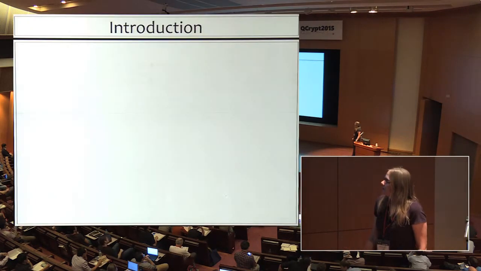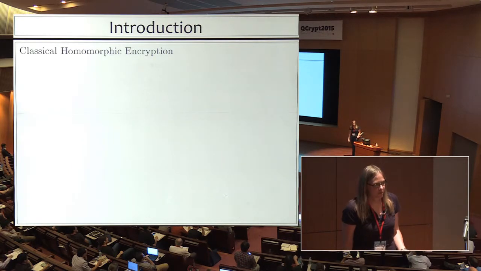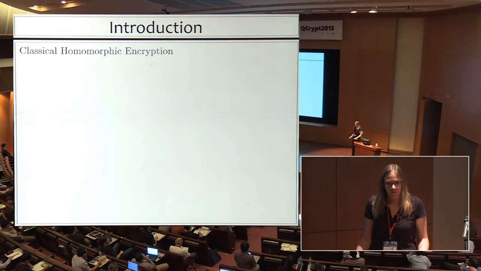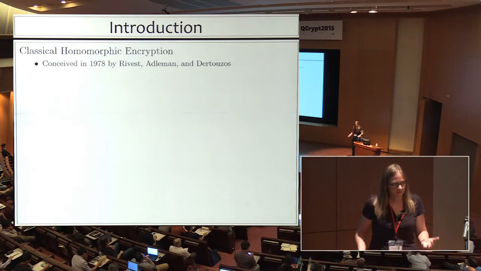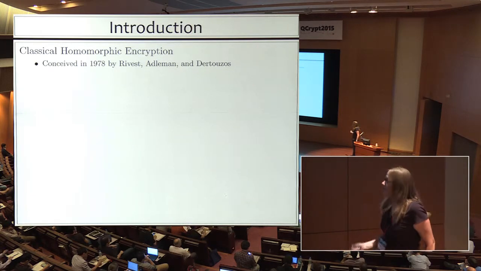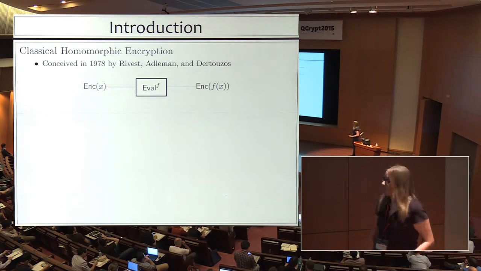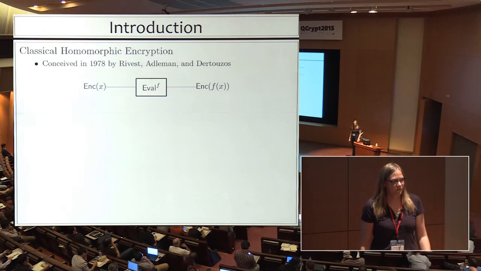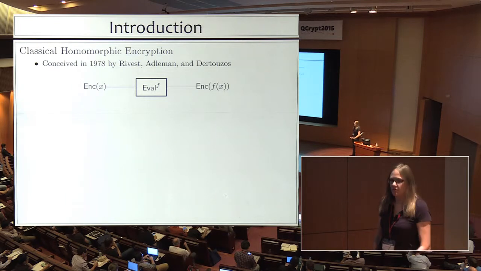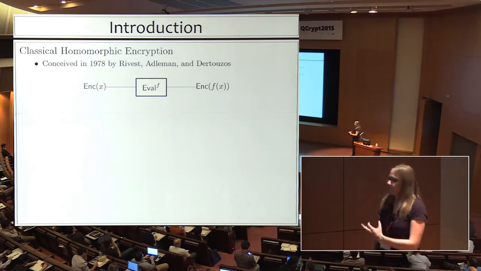So in the classical cryptography setting, homomorphic encryption, an idea which has been around for decades, asks for a functionality that seems at first like it might not even be possible. We want some means of encrypting a message X such that we can evaluate any function f on the encrypted message without being able to decrypt or learn anything about X. So we want to be able to take an encryption of X and turn it into an encryption of f